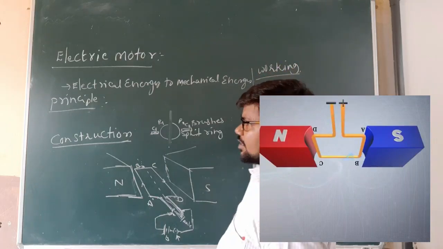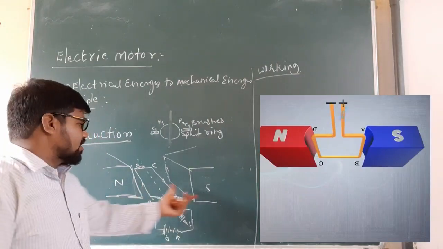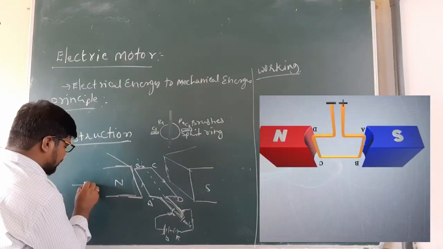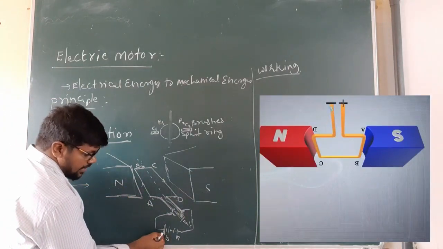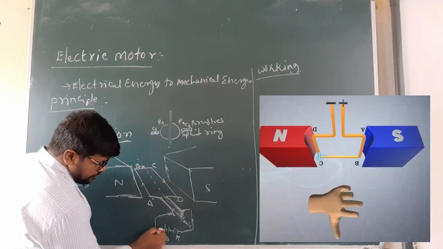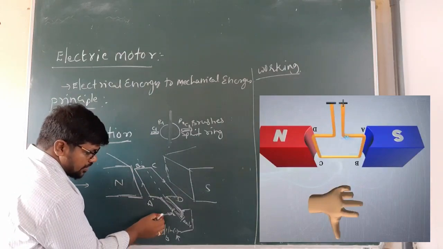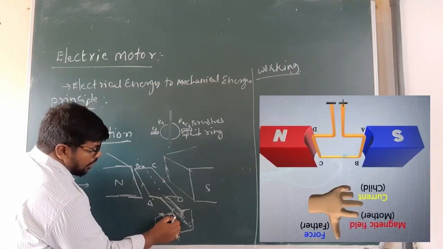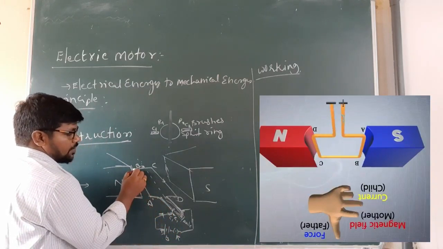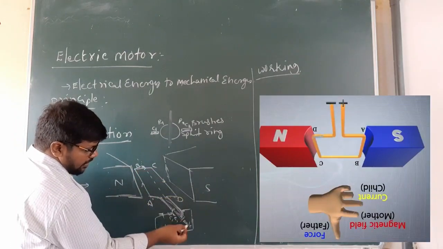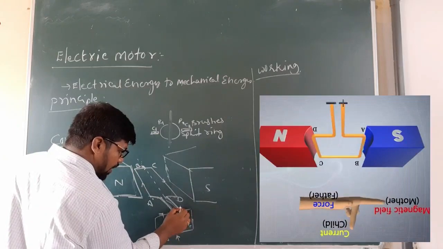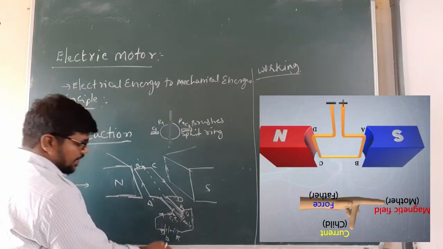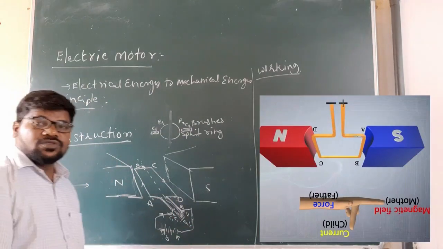Working. We know that north and south poles are powerful magnets, so field lines always pass from north to south. By using a battery we can produce current. The current passes from B to C1, C1 to R1, R1 to A, then A to B, B to C, C to D, D to R2, R2 to C2, and from C2 through the key K to the battery. The current moves like that.